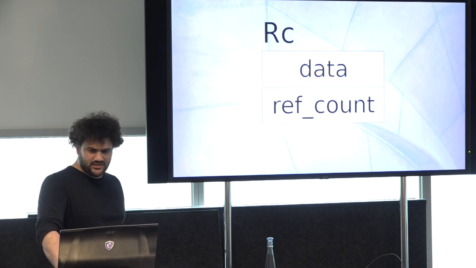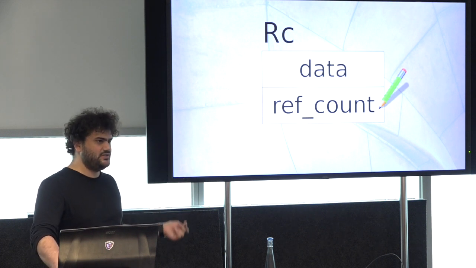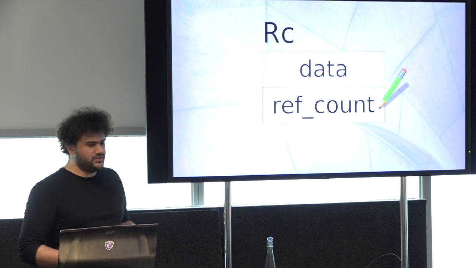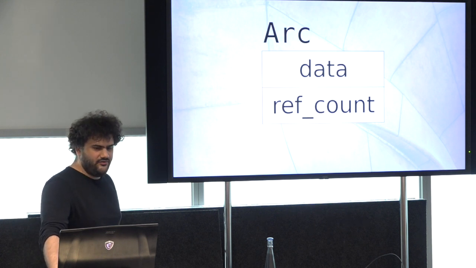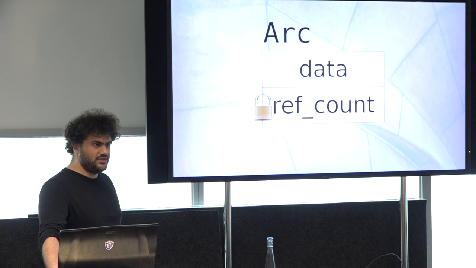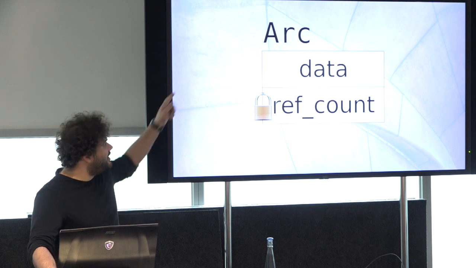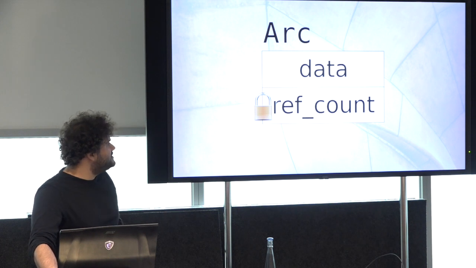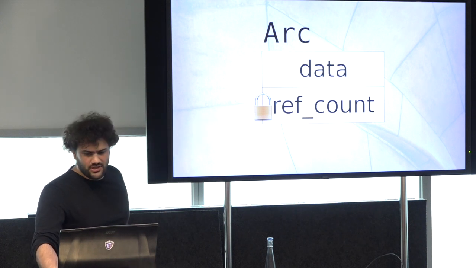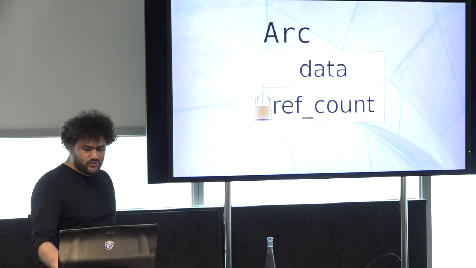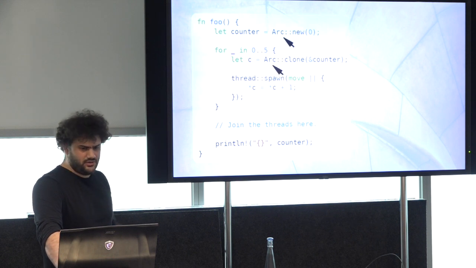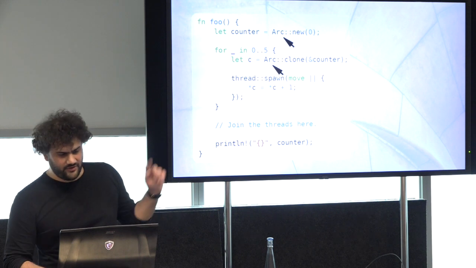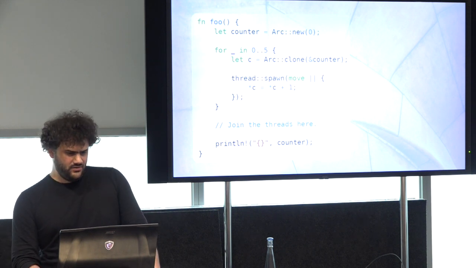So why is RC not thread safe? Well, because the reference counter is written by multiple threads. It is written when you clone it. So that's not thread safe. You must have something that gives you some synchronization to change that reference count. So you have the atomic reference counter, which has a lock protecting the thing that changes, which is the reference counter. This implements Send, and because of that, we can change the code to atomic reference counting. And now,